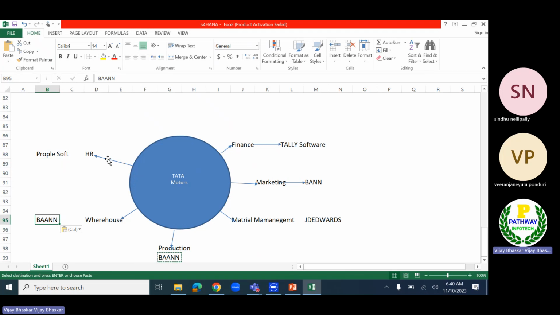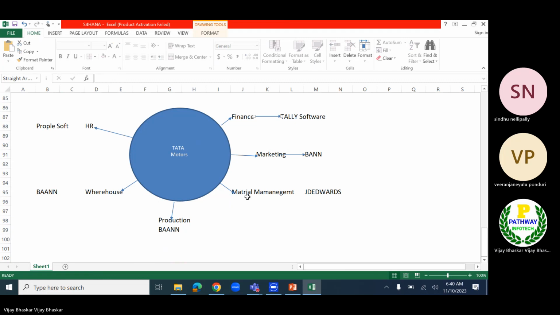You can observe here that a few departments are using the same software, but some other departments are using different software.